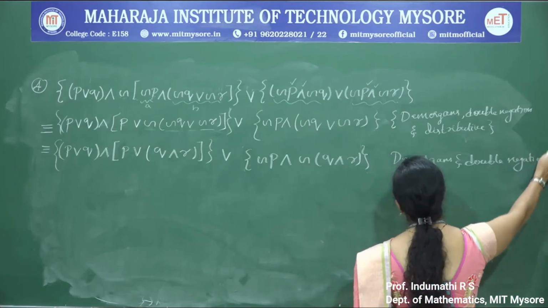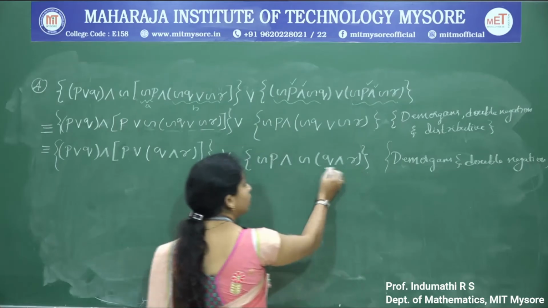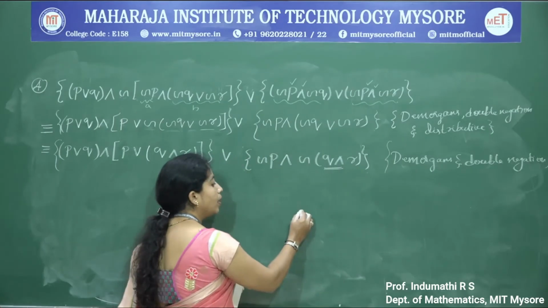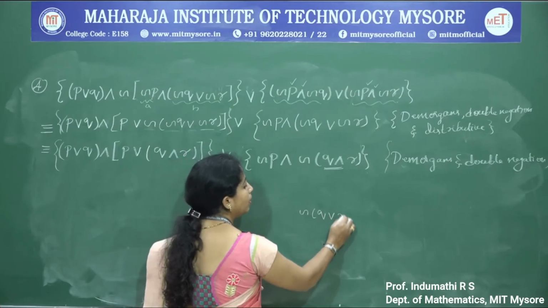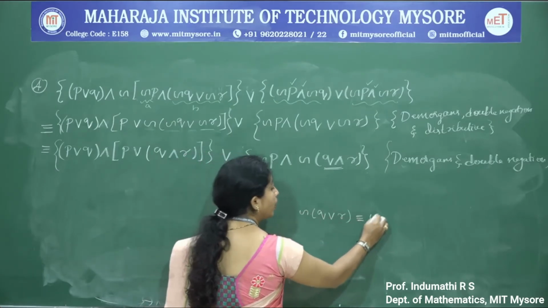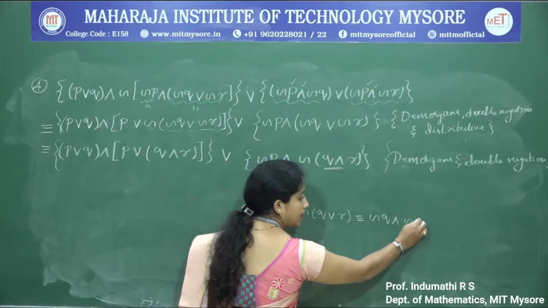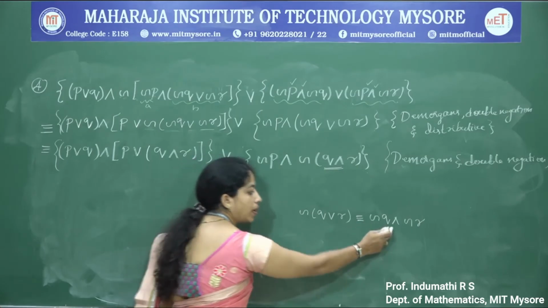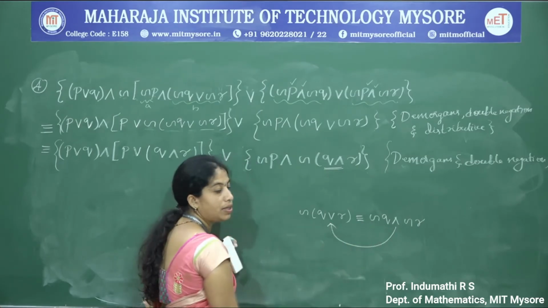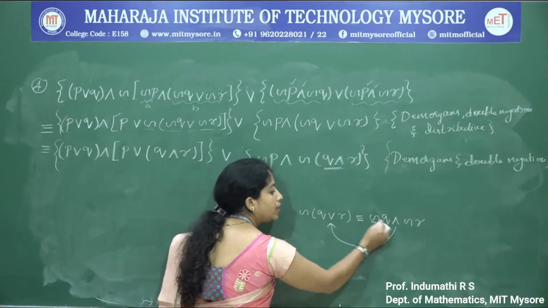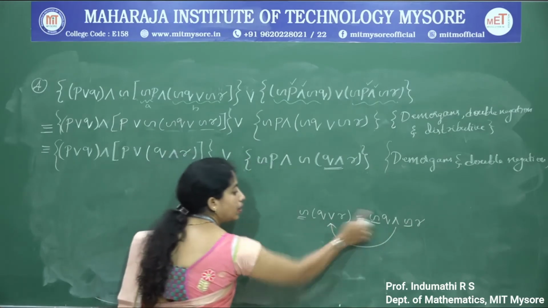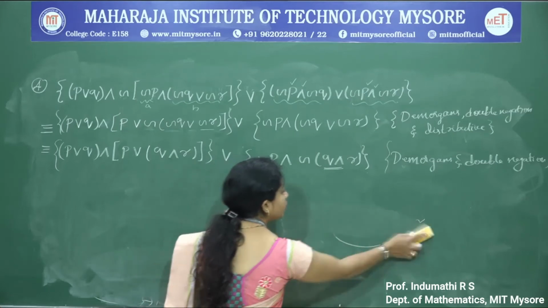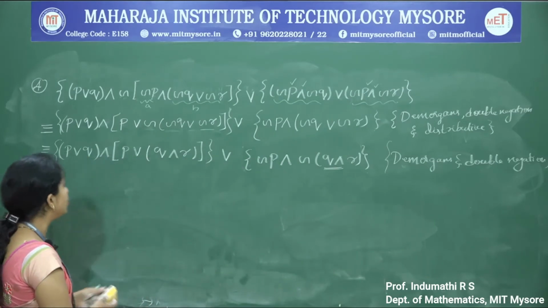See this step, I will explain once again. How did you get this negation of Q conjunction R? Negation of Q disjunction R is logically equivalent to negation Q conjunction negation R. This is by using law of De Morgan's. See the RHS part, this is logically equivalent to LHS part. If you take the negation symbol outside, then here you will get Q. If it is conjunction, write disjunction R. This is by applying law of De Morgan's.